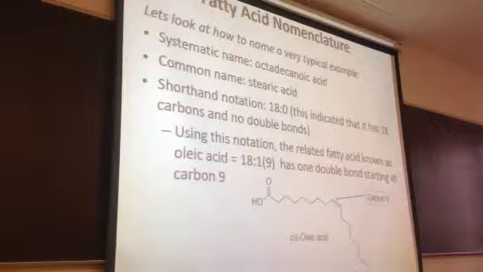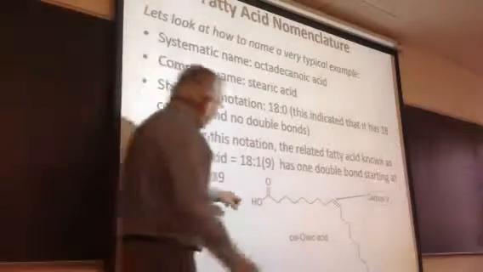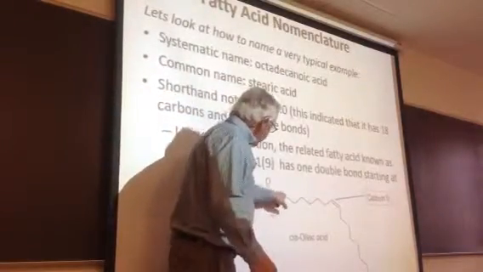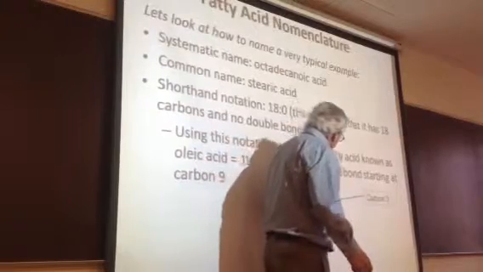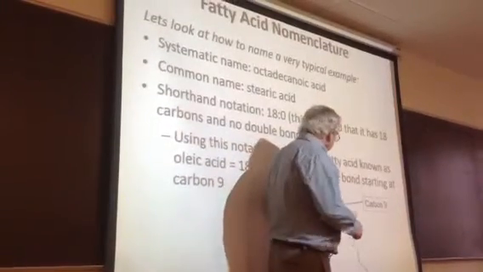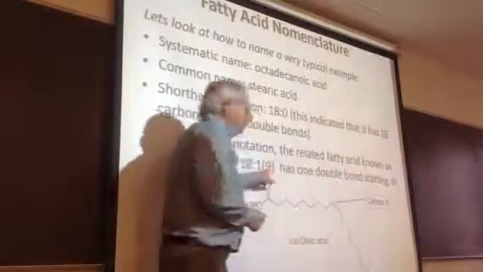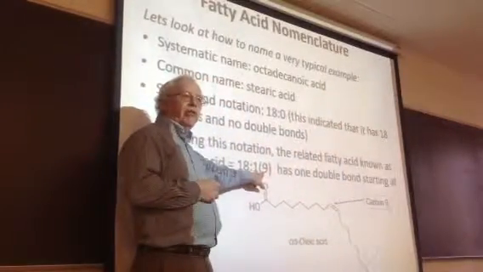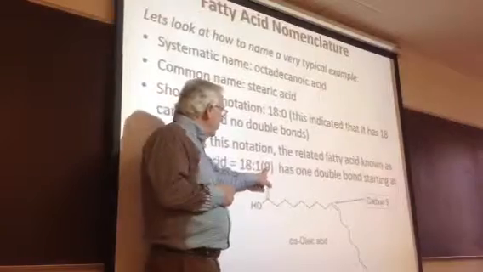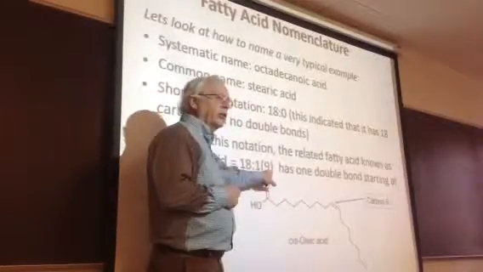So that's carbon 1, 2, 3, 4, 5, 6, 7. I'm not even to 9 yet, but we do it here. Here's carbon 1, 2, 3, 4, 5, 6, 7, 8, 9. So note that the double bond is between 9 and 10. So that number is telling us where we would first encounter it. And it's assumed that it's between 9 and 10. You don't have to put both